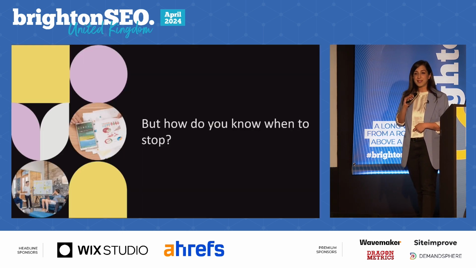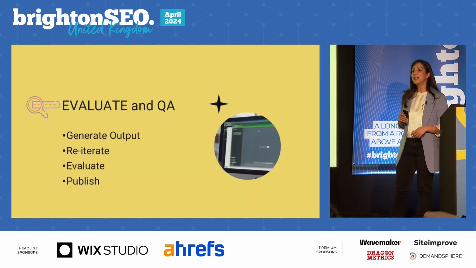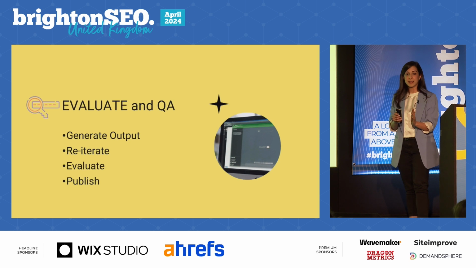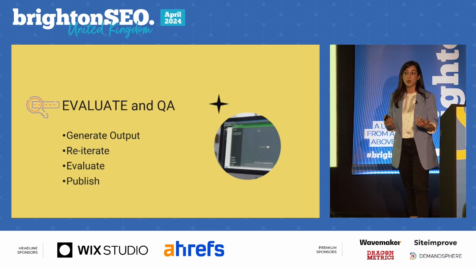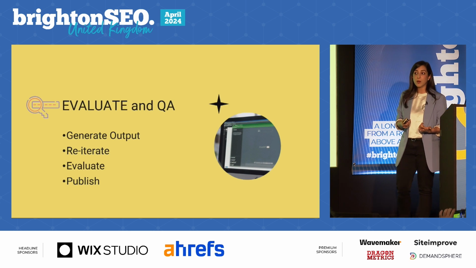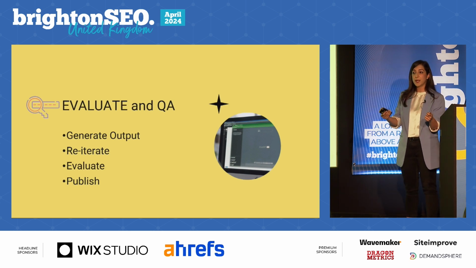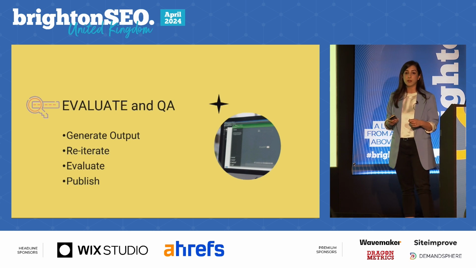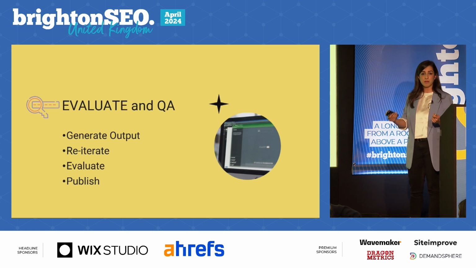Now you must be asking, okay, Neha, when to stop? Well, you're going to get to a point where you're in a good place, right? As we are right now. It's probably not perfect, but now is the time to evaluate how good an output you actually got from that AI content. Once you've generated the output, there's definitely a human in the loop where you continuously reiterate or tweak your prompts until you get better. You evaluate tens or hundreds of those outputs that you got, and then you're ready to publish.